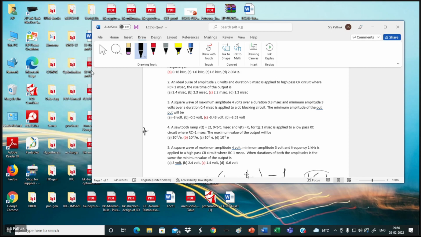Each and every, I told you, it is a conceptual subject. I am going slow. I am explaining all this. Clipper and clamper I will discuss. You put your question. You are not asking questions, and in the examination you start putting all these things. RC is 1 millisecond means it becomes some kind of exponential decay, an exponential rise. In question number 3, DC blocking, it implies that time constant is very large. If RC is given, matter changes there. Duration of the pulse is given, but RC value is not given. RC is very large. Large time constant, it is not discharging. So it remains almost constant.